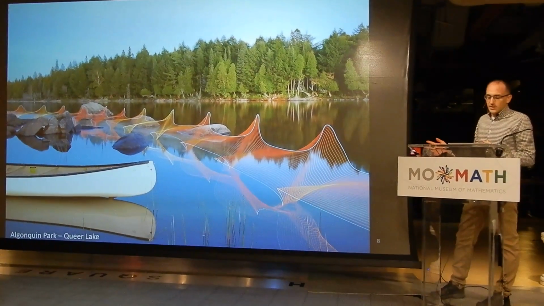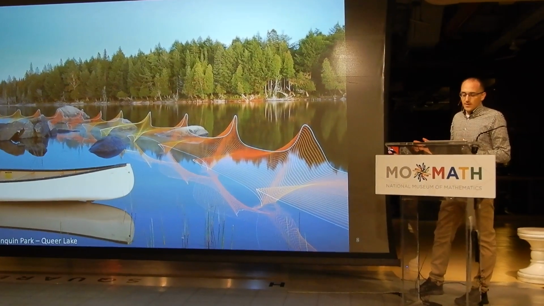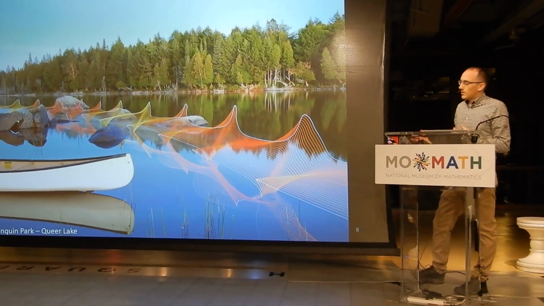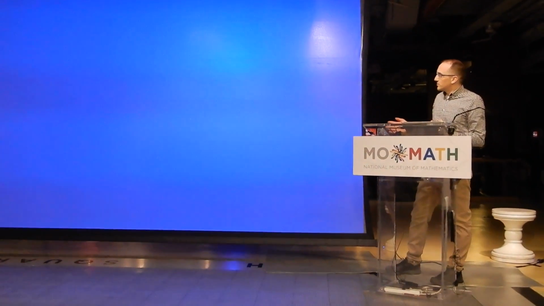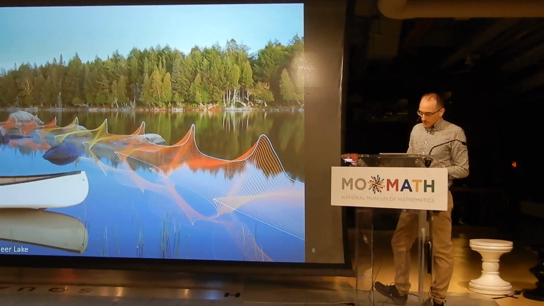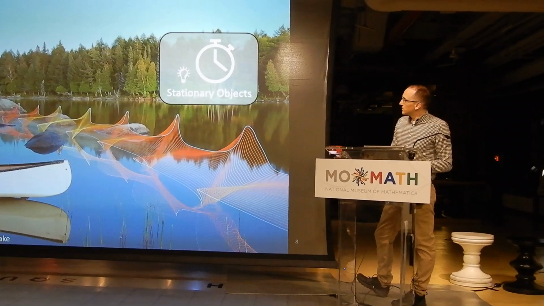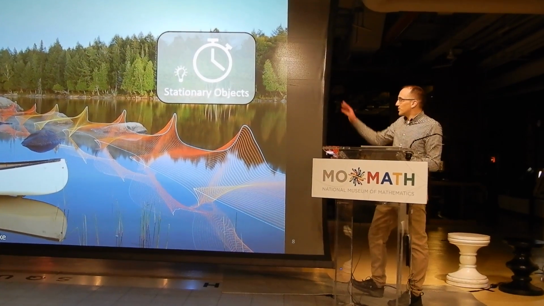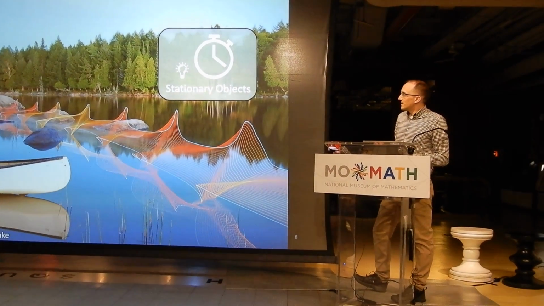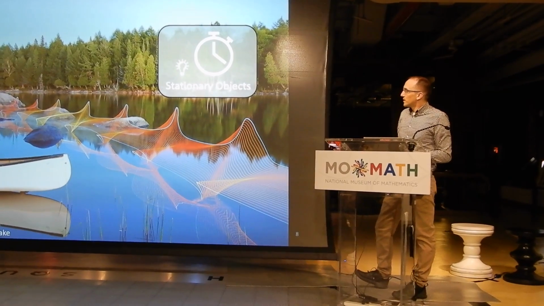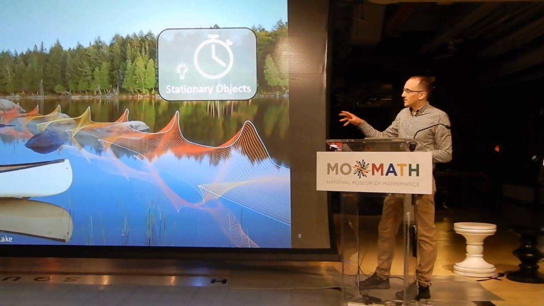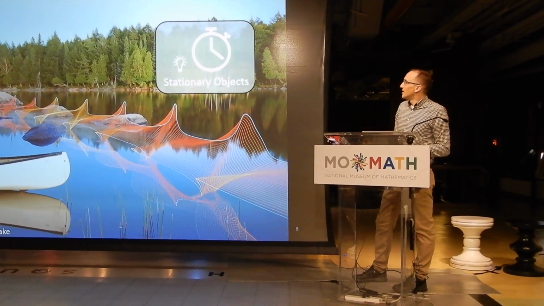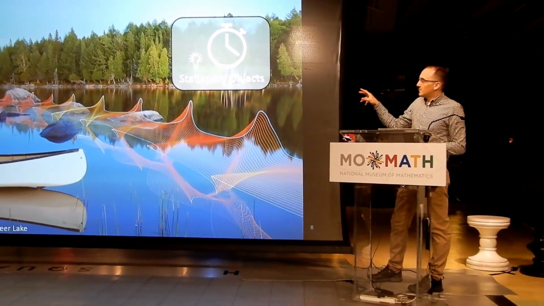Again, these photos are taken just after sunset, so it's starting to get dark. So the only things that are going to show up are either stationary, like the rocks and trees. I'm trying to show with these icons here what's going to show up. The stationary objects are emitting a small amount of light, so I have a small light bulb there, but they're in the same spot for the whole